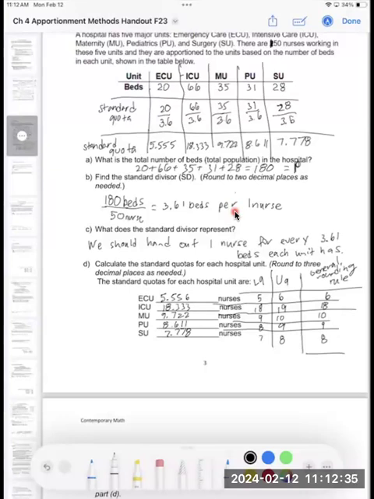We were giving MU 10 of the nurses, and so on. So I add up all those numbers, 6 plus 18 plus 10 plus 9 plus 8, and I actually get 51. But I only have 50 nurses. We do not have money to hire another nurse. There's just not money in the budget for that. So this is